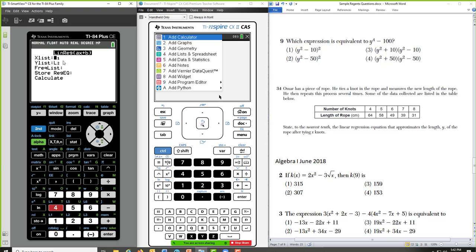There's a stat wizard that pops up, L1, L2. I do recommend for these open response questions, because they usually have a part B, C, D, things like that. Store that regression equation. Use the shortcut. Alpha trace y1. Move on down. Whoops, I hit the wrong button. Select y1. Down arrow and do calculate. You'll see your values and your correlation coefficient pops up.